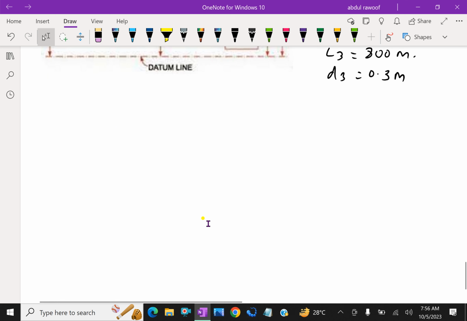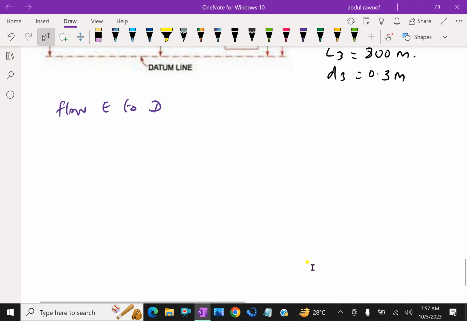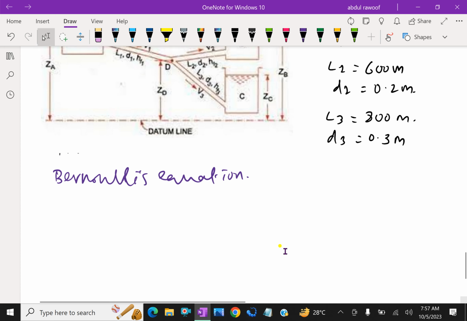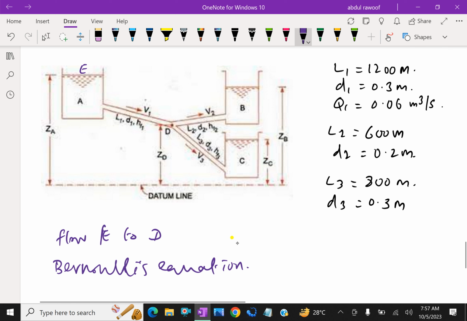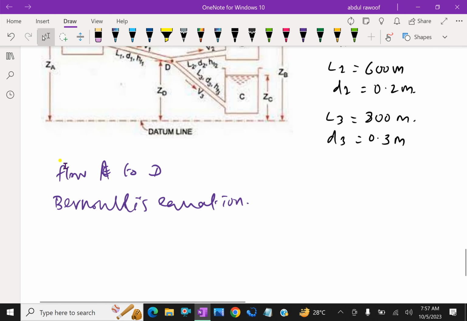Now applying Bernoulli's equation from A to D. Applying Bernoulli's equation to points E and D, flow A to D, that is the flow through the pipe here, from point E to D, which is the left side is